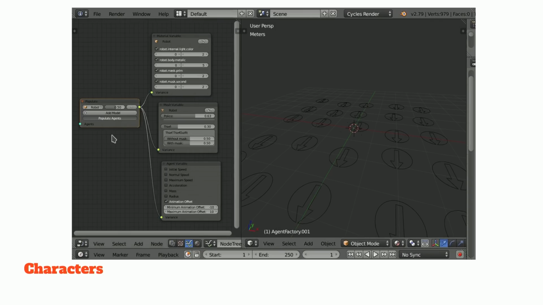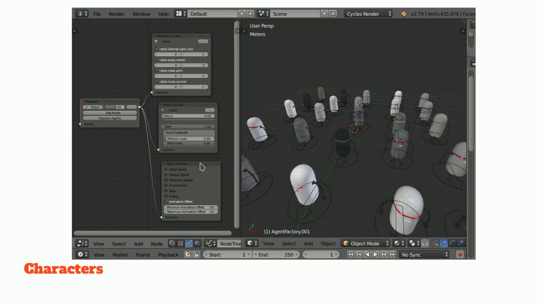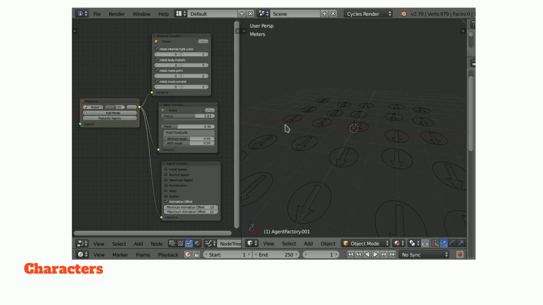When you have the agents in your scene, you want to do something that we call populate, and that means we have a lot of agents, which are placeholders, and we want to fill them with the objects you want, and you can configure your own model for that. And when you do that, you can specify how you want to change your materials amongst different agents,